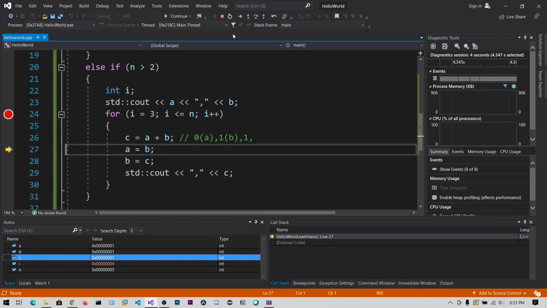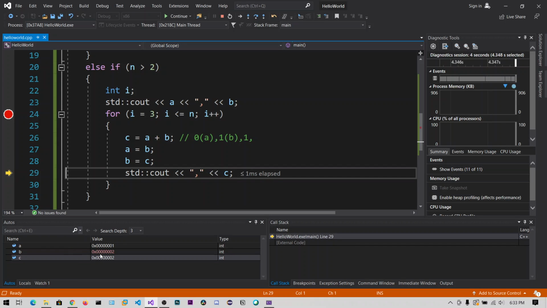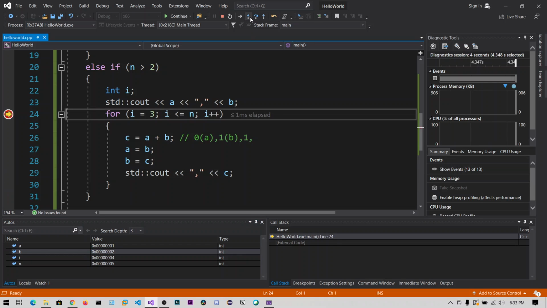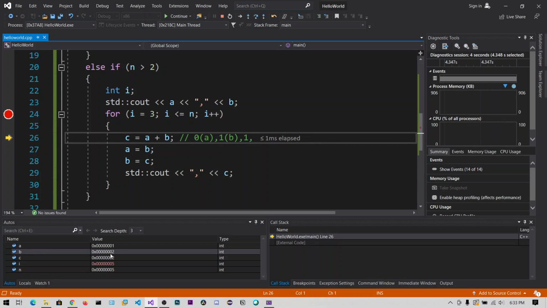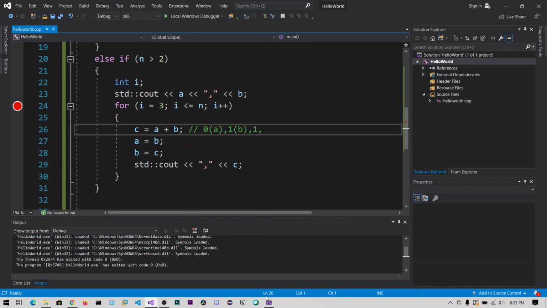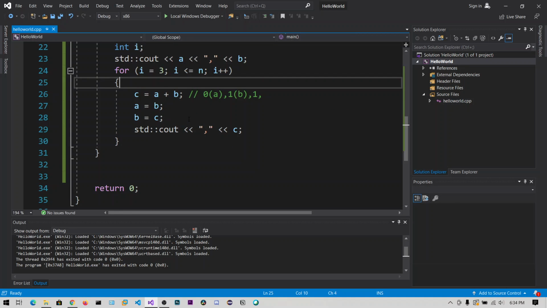Now let's step into again. Now the addition of this A and B has occurred and the C value gets changed. So in this way this loop repeats. So you can step over, step into again. Now you can see the previous two values are being stored in A and B. Now 1 2, again the addition of 1 and 2 becomes 3 and it will be stored in the C variable. So I can stop here. So this is how the Fibonacci series works. I hope you have understood.